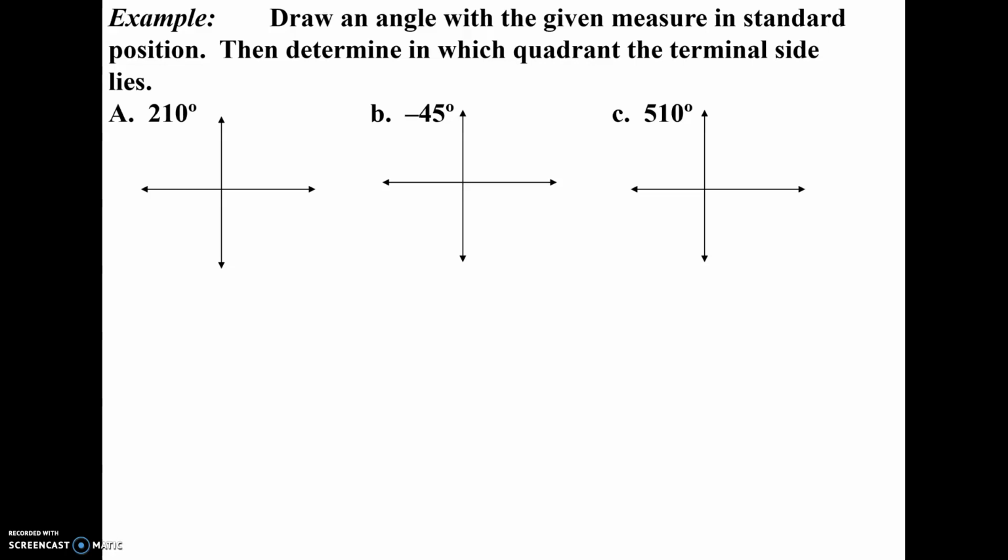Let's continue. So I have three angles that we're going to draw with the given measure in standard position. Okay, and then we're going to determine in which quadrant the terminal side lies. So 210 degrees. All right, this is positive, so that means we're going to go